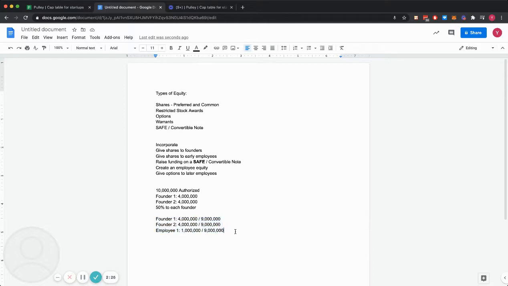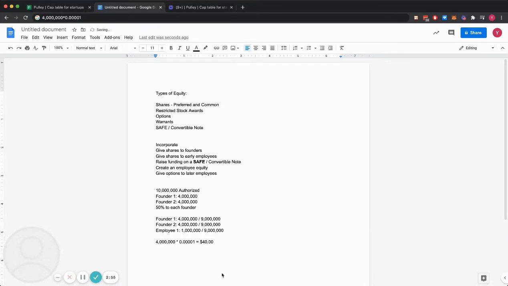So one of the reasons that you initially give shares directly to early employees as well as founders rather than giving them options is because the price of these shares is really low. When companies first get started, the price of each share often is 4 zeros and a 1. So if you do the math here, I think this is like $4. But when you do a round of funding and then your shares are actually worth something,